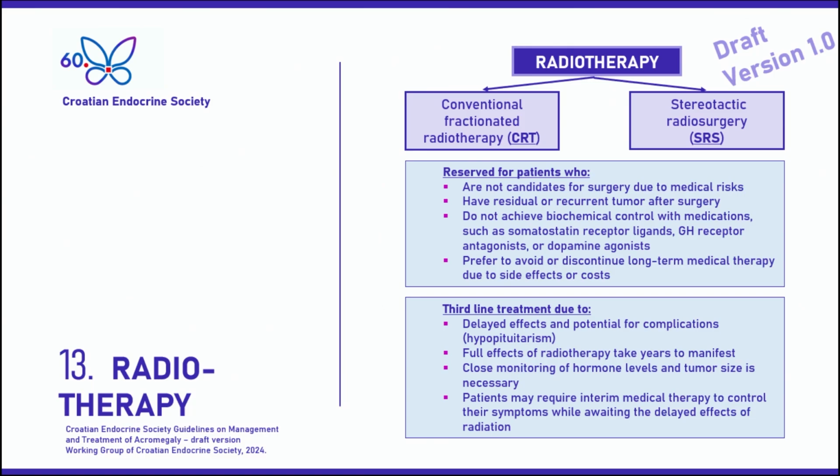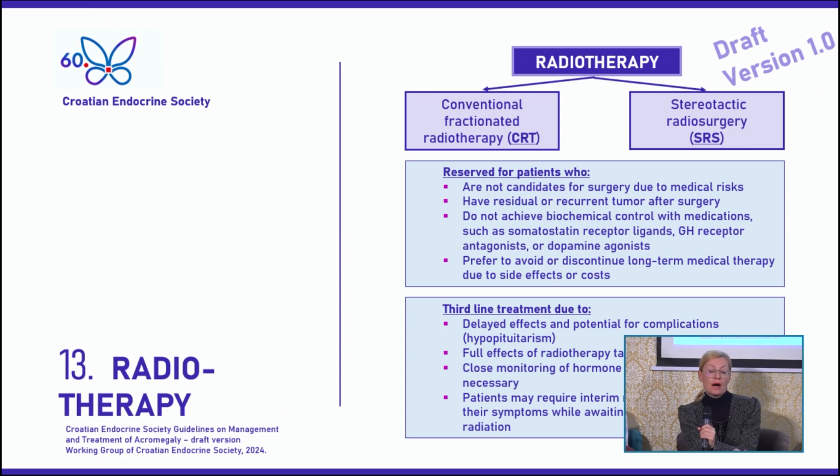About radiotherapy, we differentiate conventional fractionated radiotherapy and stereotactic radiosurgery. This kind of therapy is reserved for patients who are not candidates for surgery due to medical risk, have residual or recurrent tumor after surgery, do not achieve biochemical control with medications such as somatostatin receptor ligands, GH receptor antagonists or dopamine agonists, and in those who prefer to avoid or discontinue long-term medical therapy due to side effects